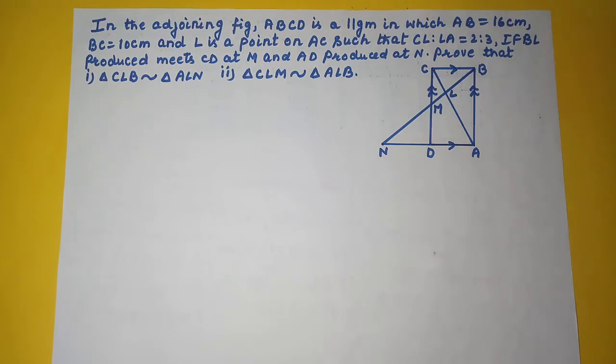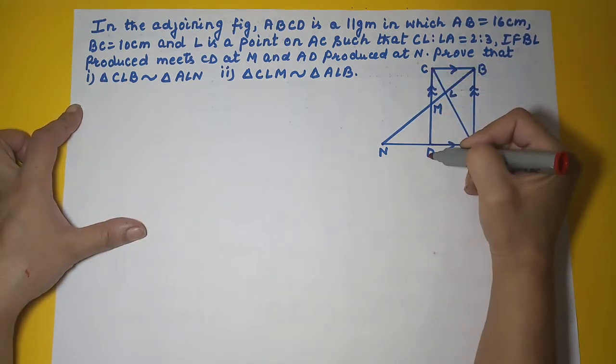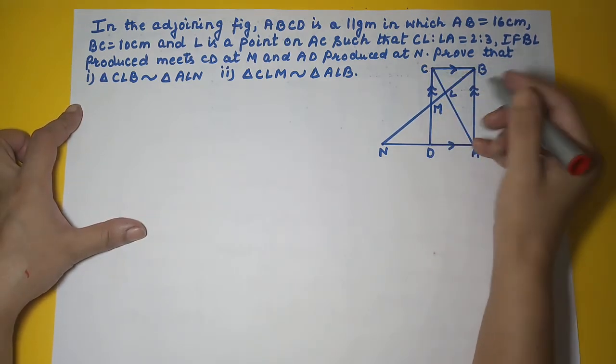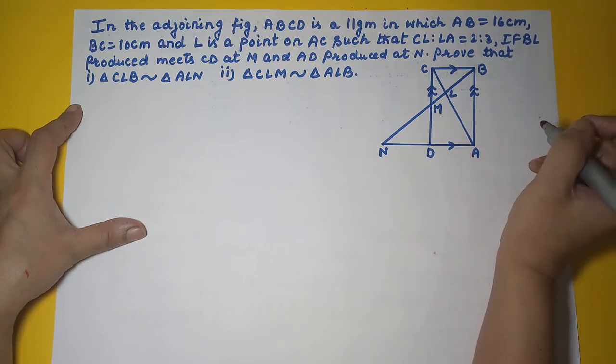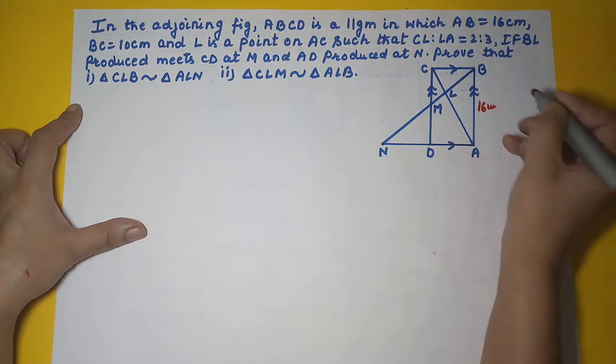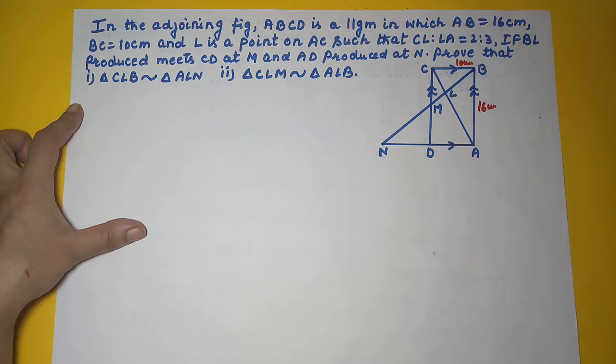We are continuing with the similarity of triangles. He's saying, in the adjoining figure, ABCD is a parallelogram in which AB is 16 centimeters, BC is 10 centimeters. Okay, this is 16 centimeters and this is 10 centimeters. And L is a point on